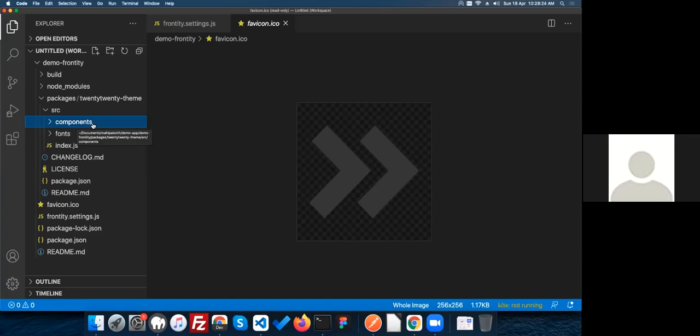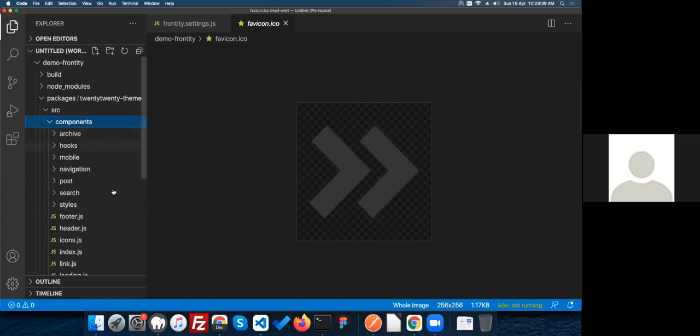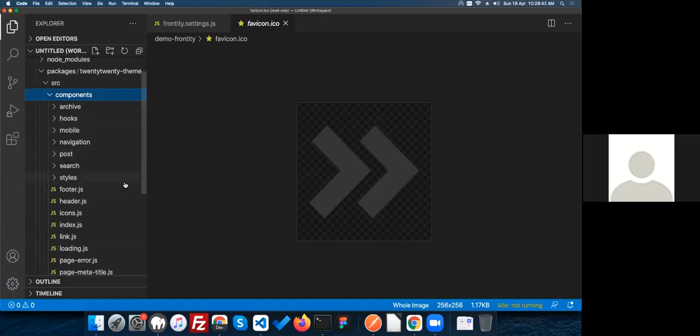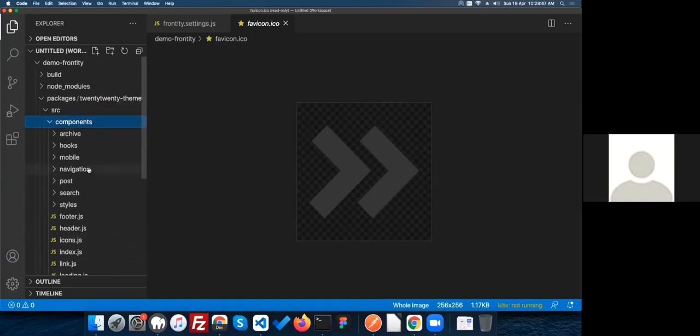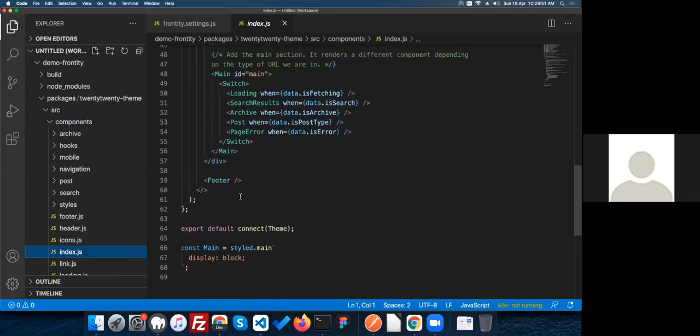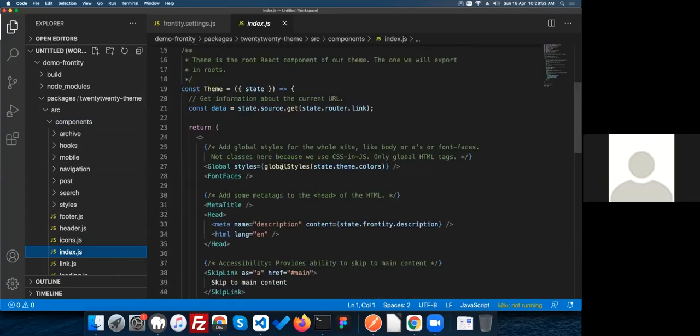Default layout changes you can make there, like columns and so on, so you can get the same look in Frontity too. But you have to make some changes for a better view in Frontity. Here, as you can see, this is my theme folder. I have to change the CSS for that also. As you can see in my index.js, they have installed the default global style, so I have to make changes in my global style in the Frontity folder.